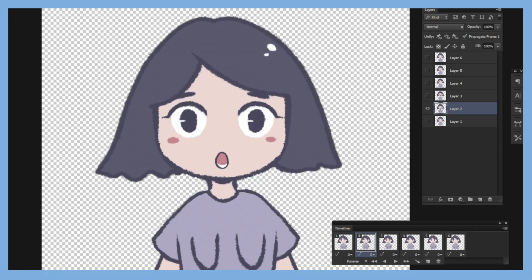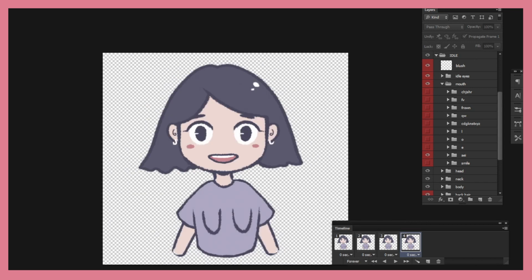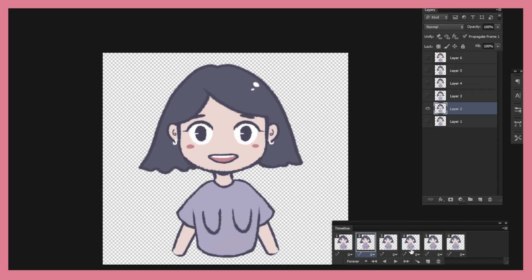Basically she's going to be smiling, and I'm just going to hide this one and look for the smiling one. So this is basically it. This is how you animate it. You will see, this is her mouth and this is her next mouth. You have to remember to add a new frame before you start on a new expression because it will override your existing frame. I generally have this mouth in 2 frames, so I'm going to add another one. And our next frame would be this, and then finally we have this.